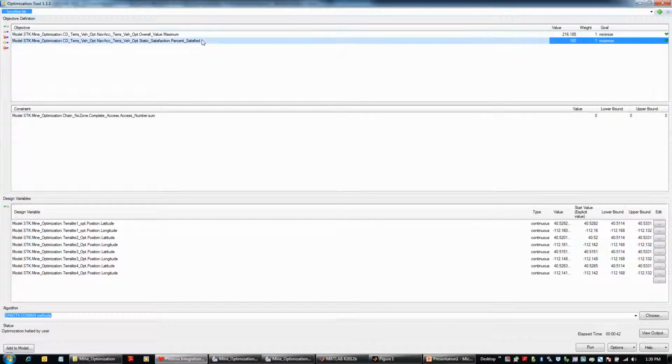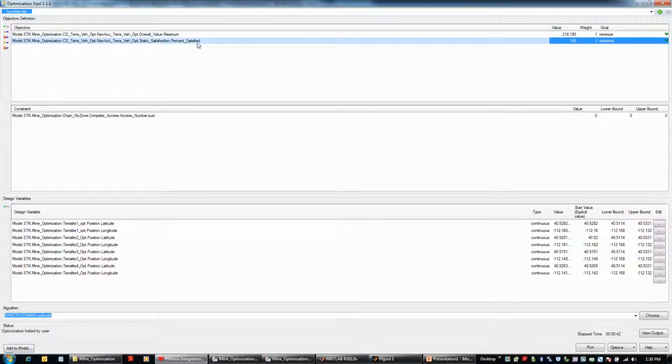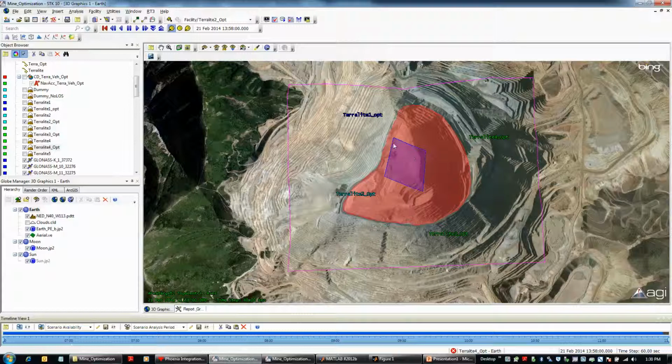The second one, even though I may be increasing the navigational accuracy, when you set up mathematically, when you are increasing the navigational accuracy, that means the number has to be lesser, so it has to be set up as minimize. The second one we define is the percentage satisfied. This means that even though the navigational accuracy may be higher, we want it to be higher throughout the entire region. We don't want any region to be missed out.